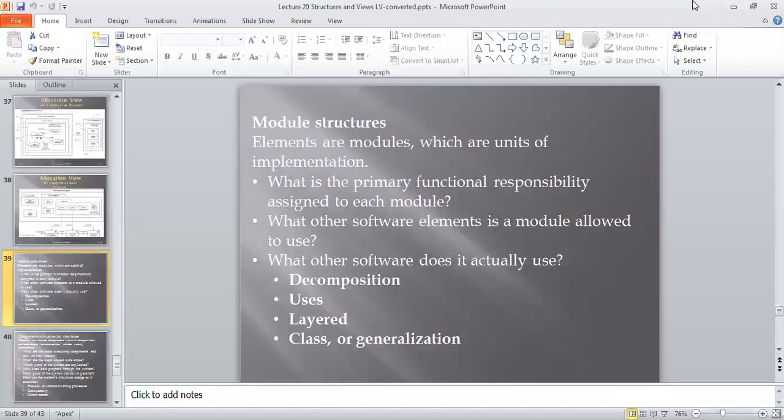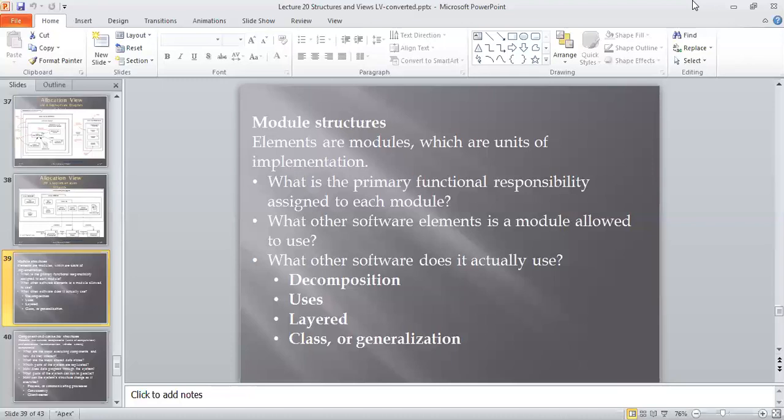All these questions we already discussed. After satisfying all these requirements or prerequisites related to the module structure, the next part is the designing of the module structure.